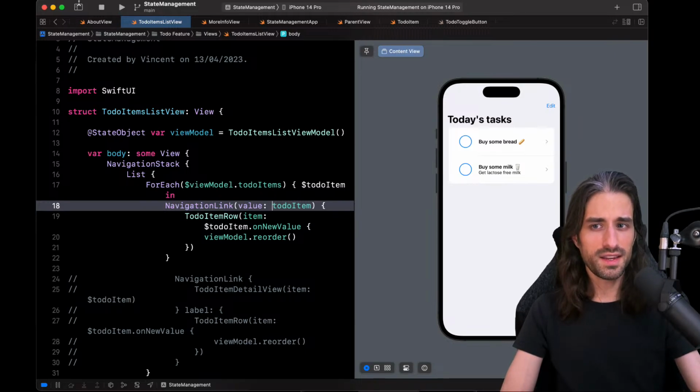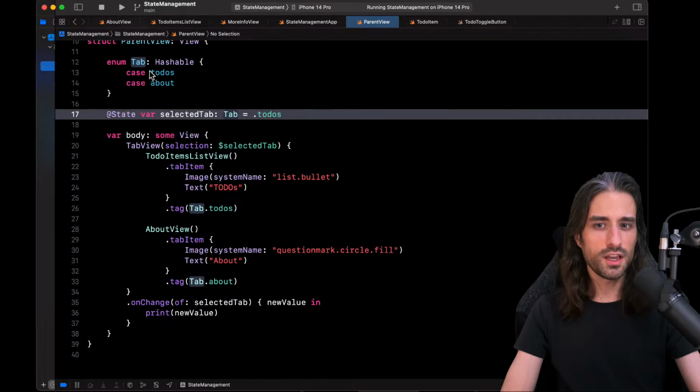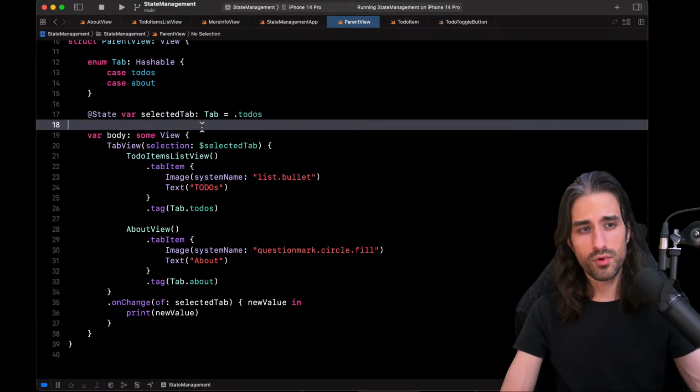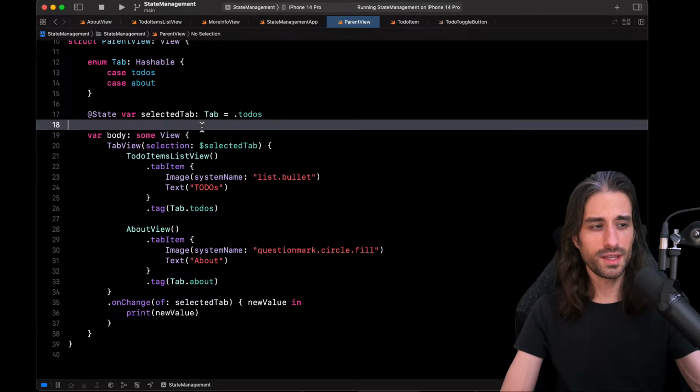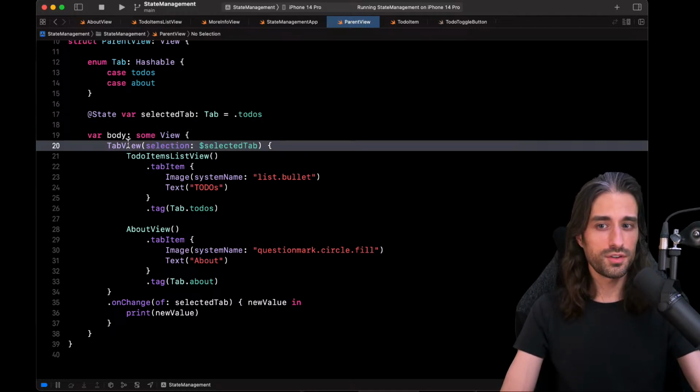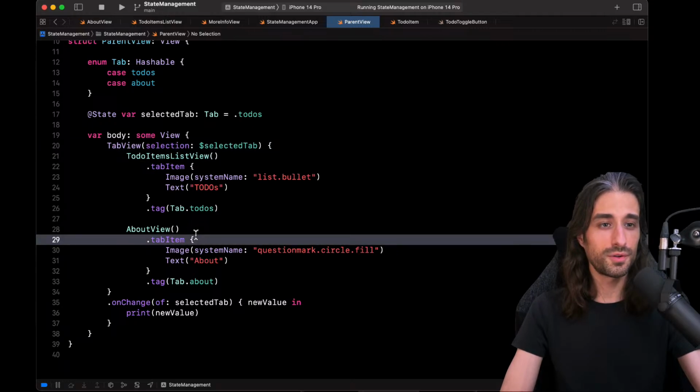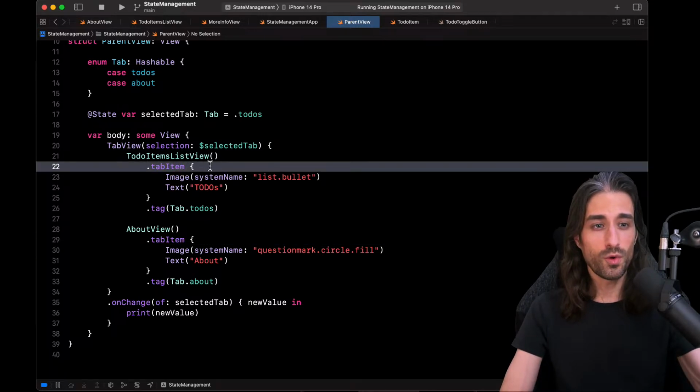Then we saw the second kind of navigation, which was using a tab view. A tab view most of the time will be at the top level of your view hierarchy, because the purpose of tab view is to give easy access to the main features of your app. So that kind of predestines it to be at the top level. We saw that tab view is very easy to deal with, just a view in which you put all of the child views, and then you use tabItem to provide what will be displayed in the tab view, just like a UITabBarItem would do it in UIKit.